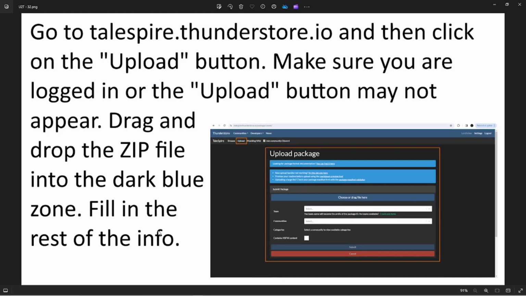Once we've got our asset pack made, we go to talespire.thunderstore.io and then click on the upload button. Make sure you're logged in, or the upload button may not appear. Once you've got that, you should see a screen similar to what we've got here on the page, and you can drag and drop your zip file into the dark blue zone and then fill out the rest of the